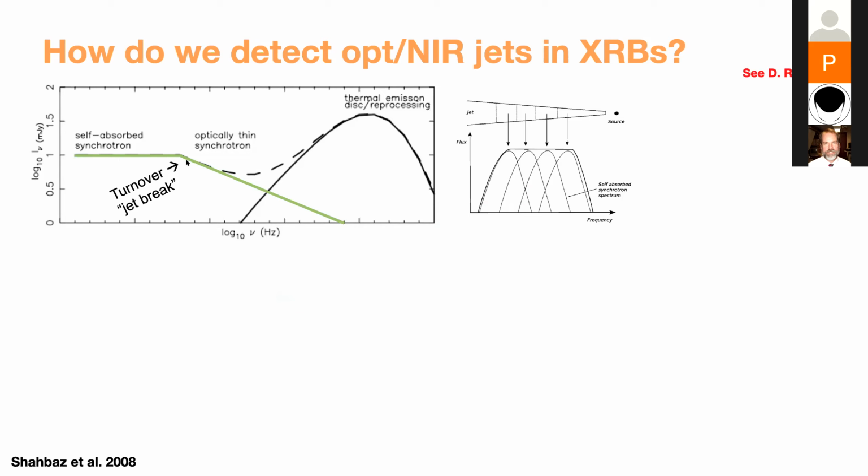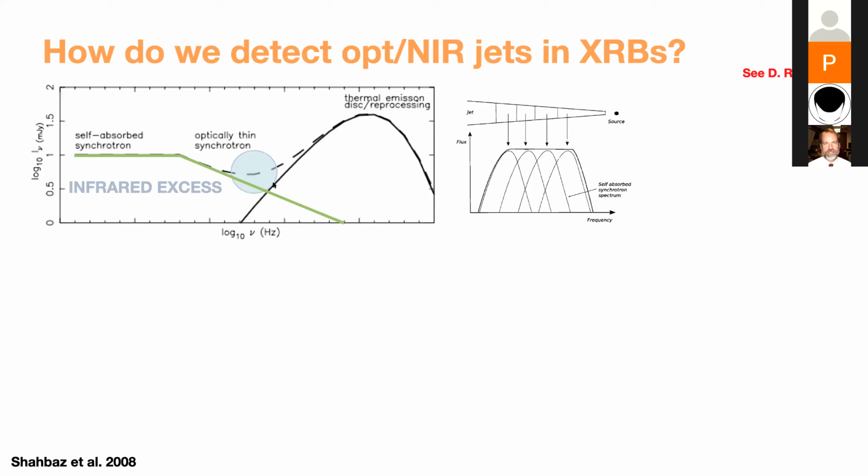The problem is that the jet's emission at these frequencies is diluted with the emission from other more dominant components, like, for example, the accretion disk, as you see here. And therefore, if a jet is emitted, we will typically detect an extra red component with respect to the black body tail of the accretion disk. And this red component is called infrared excess. And it is one of the most common signatures of the emission of jets at these frequencies.